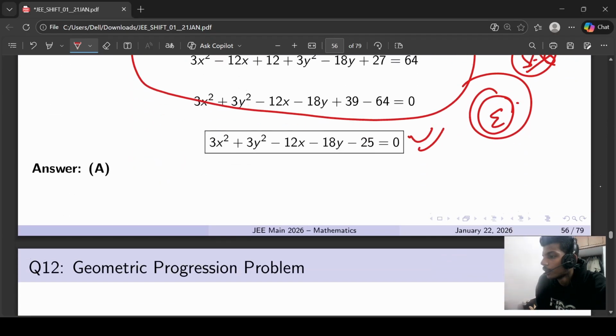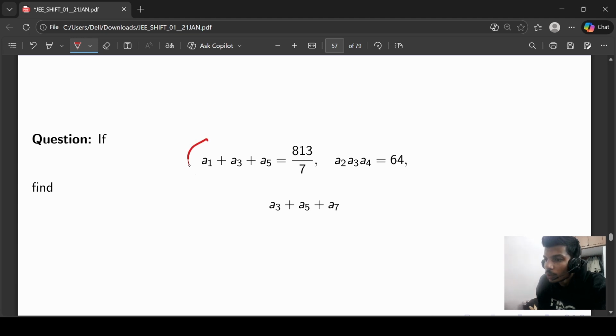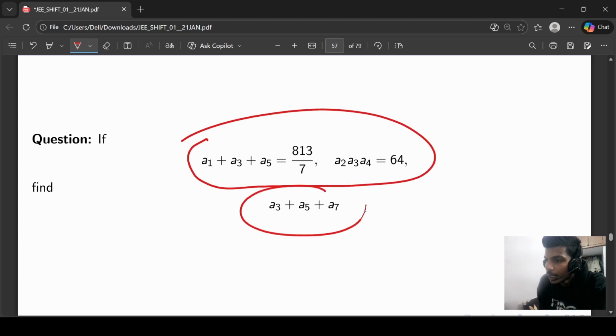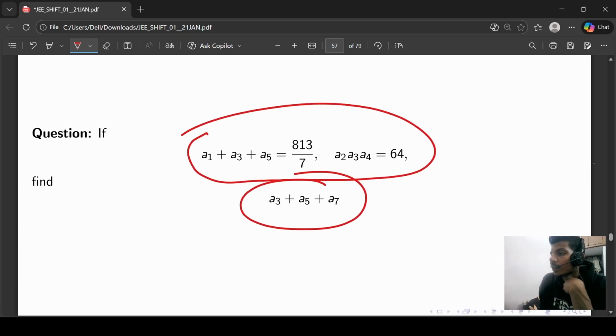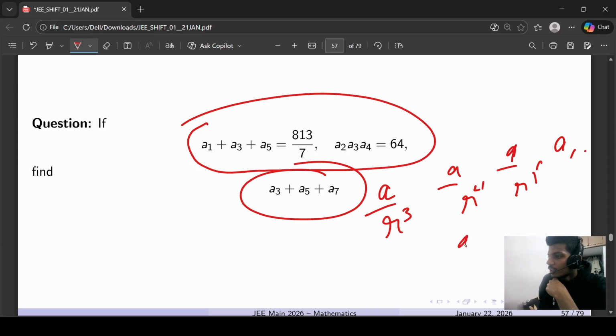Okay, let's go for the next question. Okay, it's from GP. These two things are given and I have to simply find out the sum of this. If it is a GP, you can simply note that total 7 terms are there, so you can go for this: A/R^2, A/R, A, AR, AR^2, so it will be 3, 2, 1. Yeah, you can either use this one,